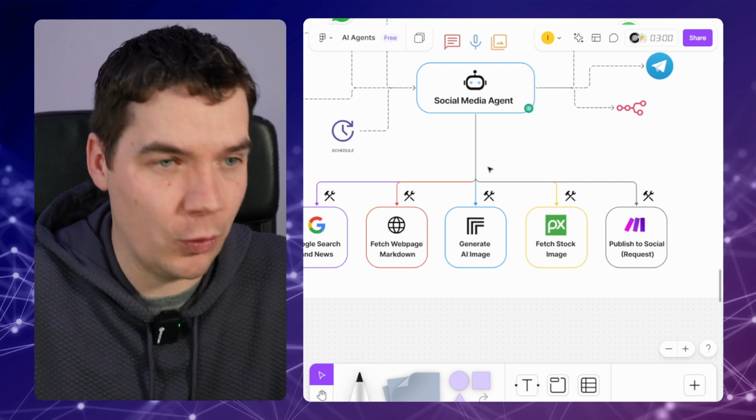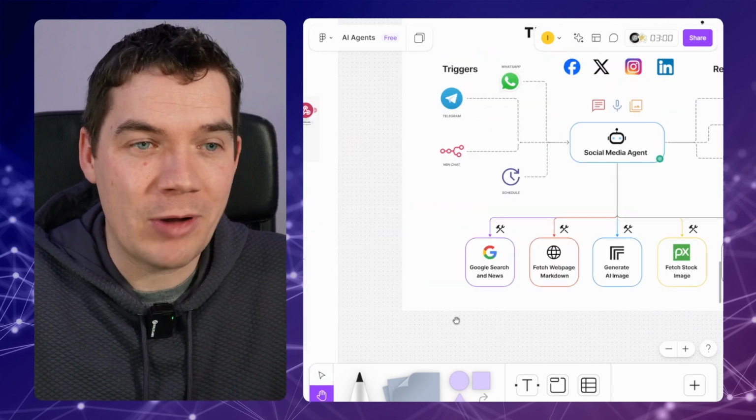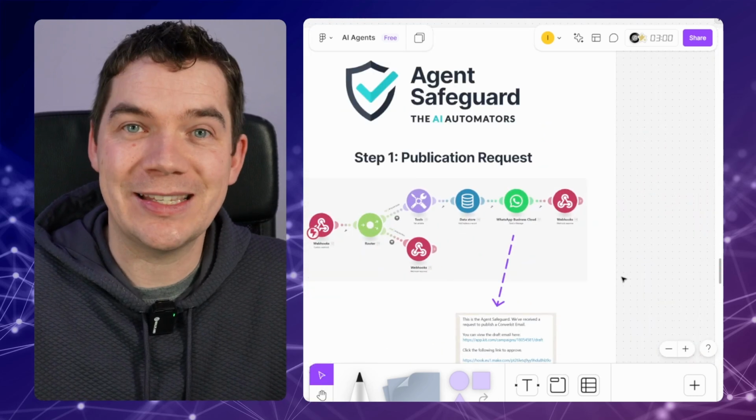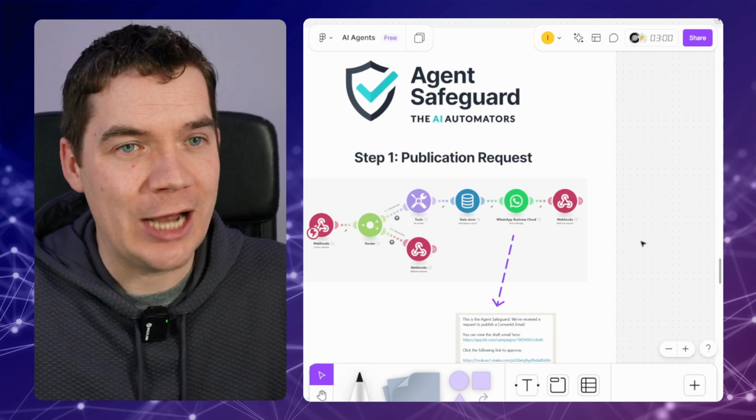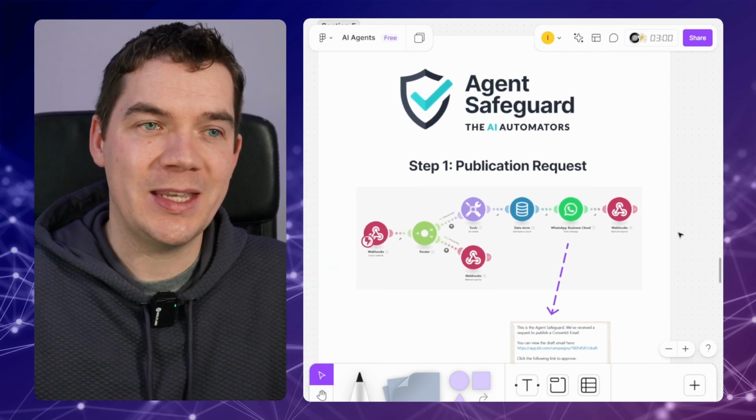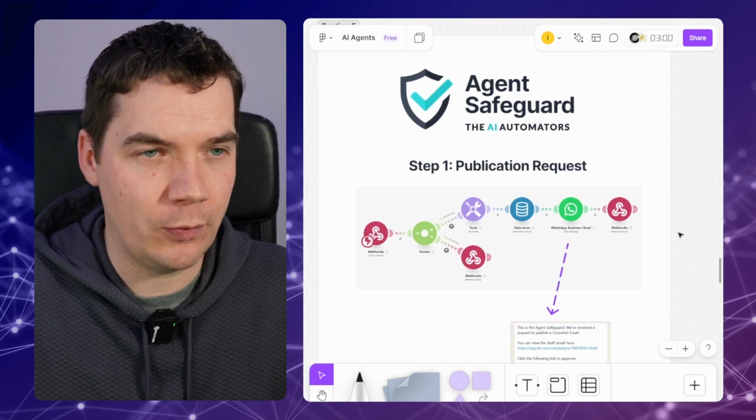So that's how it all works. It's not actually that complicated. Probably the most complicated part of it is the publication to social. And just to talk to that for a moment, this is the human in the loop feature that we built,